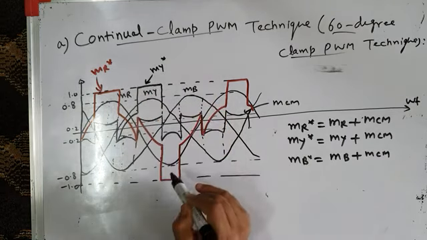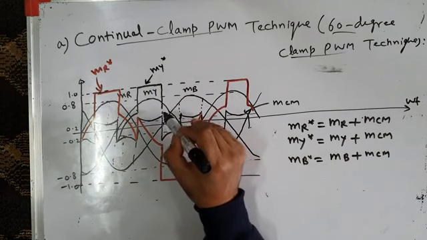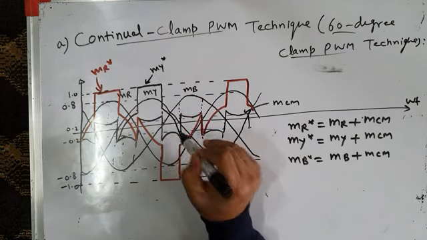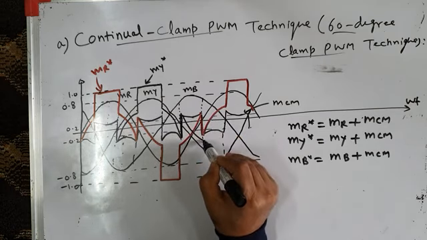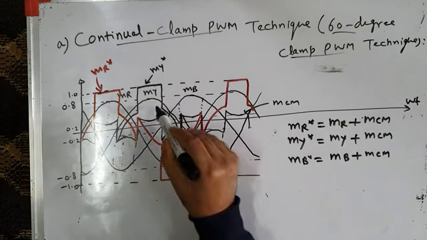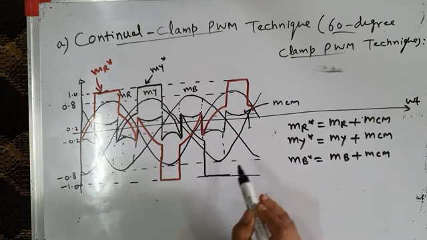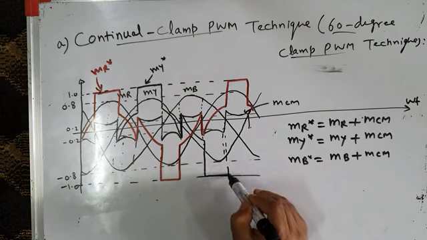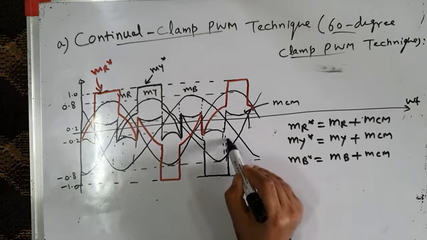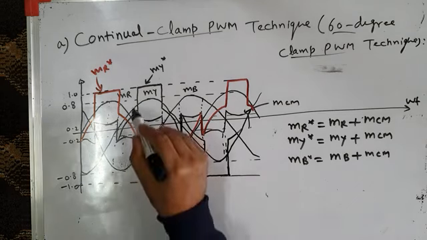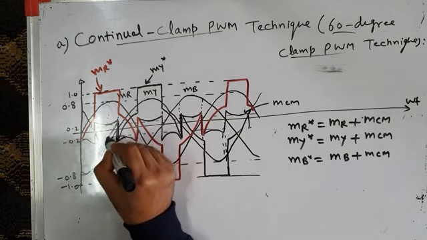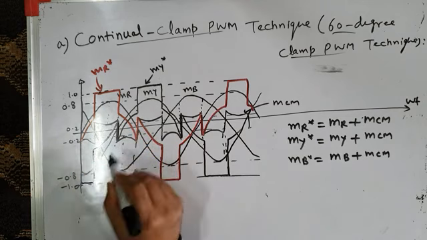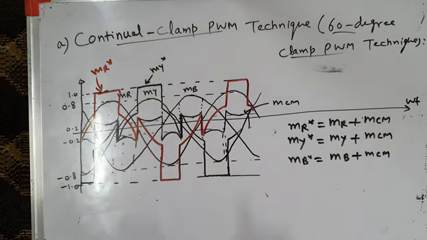So then it will come down. It will follow the same pattern as this. Okay, it will touch this, then it will go up. Okay, then it will go down like this, and then it will clamp your MY to negative DC bus. Okay, this will be like this. Then it will continue like this. So this is my MY star. So previously also it was like this, it was like this, I mean, if you complete the cycle. So this is my MY star.